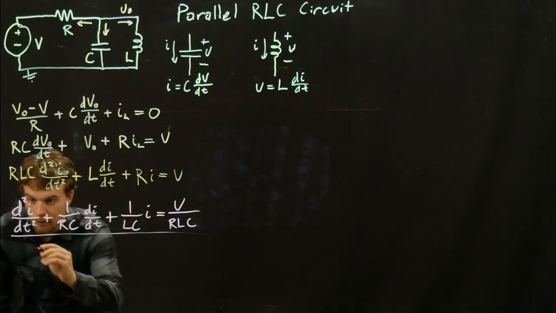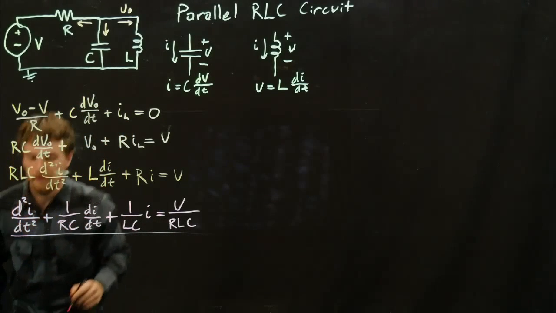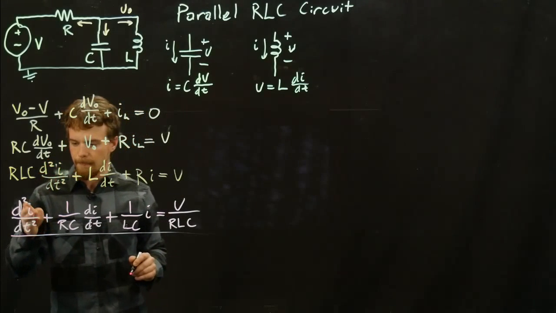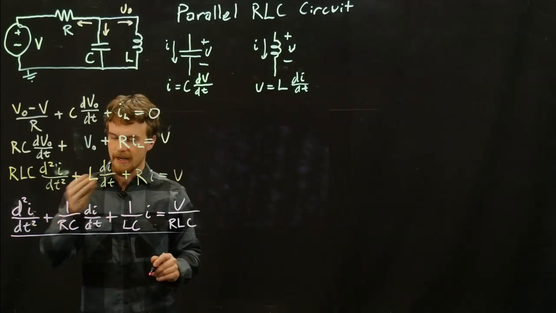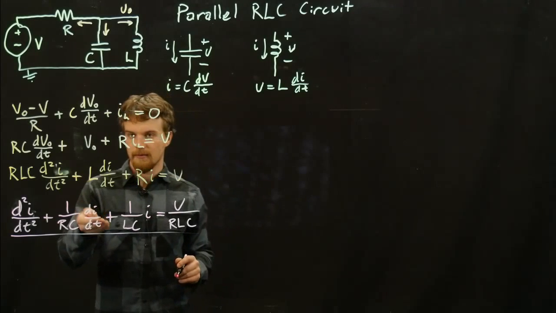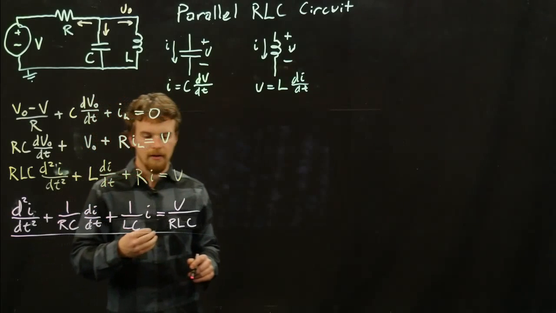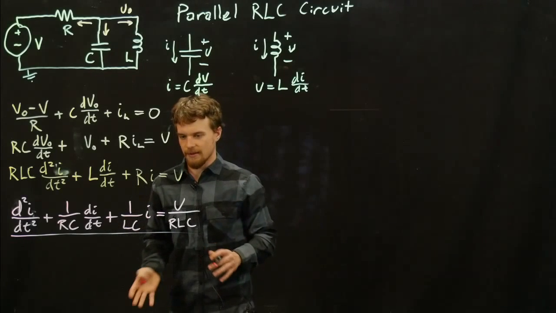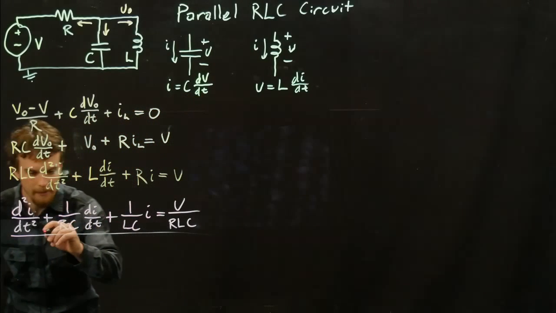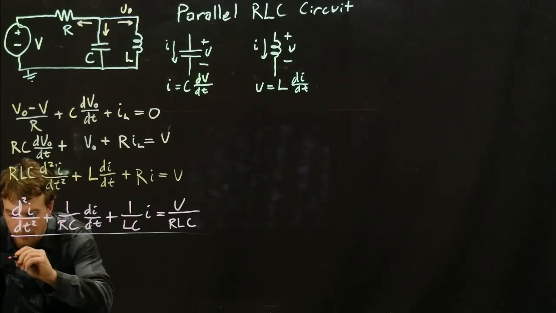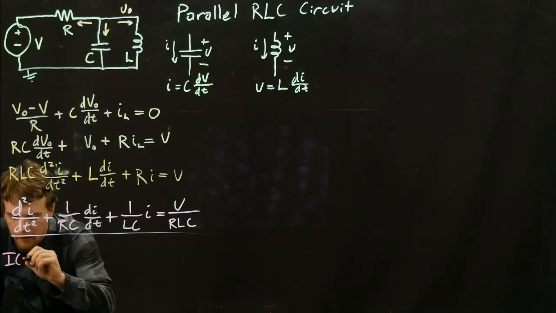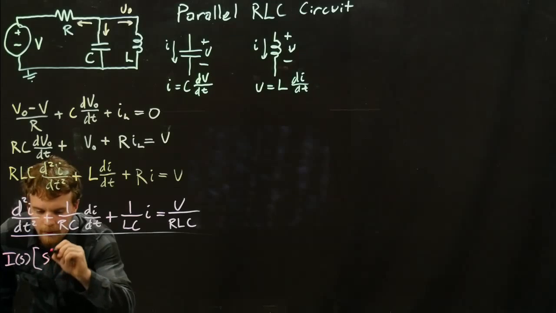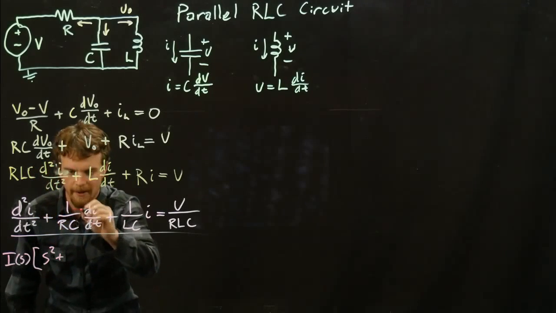Now, when we do Laplace transforms of derivatives, anytime we see a second derivative, we put in s squared, first derivative, s, and then I itself can be thought of as the 0th derivative. So this is how we'd set up the Laplace representation of this. We would have I of s all times s squared plus, we keep the constant terms,